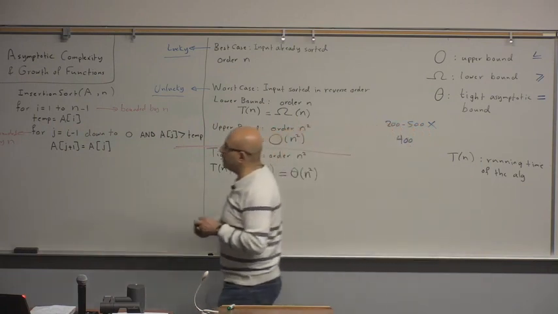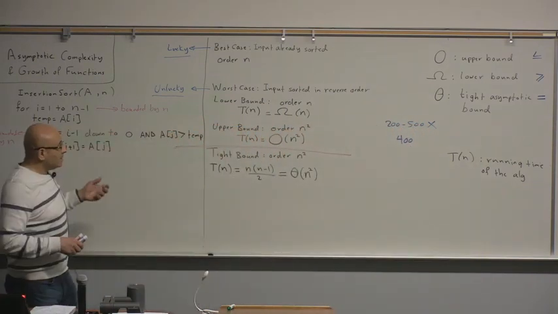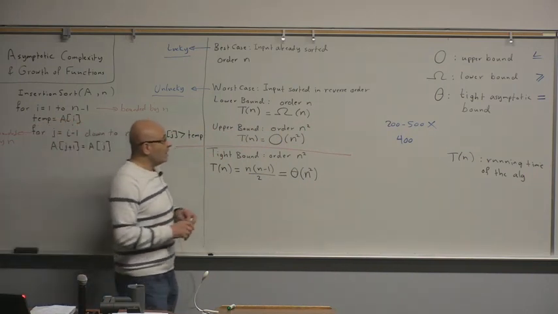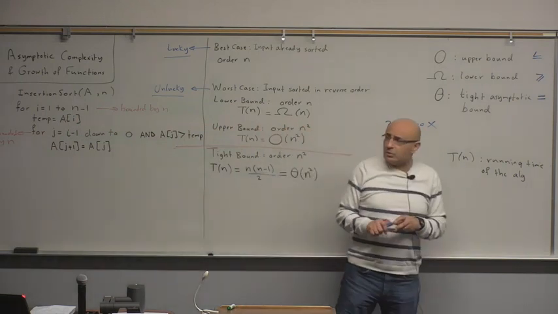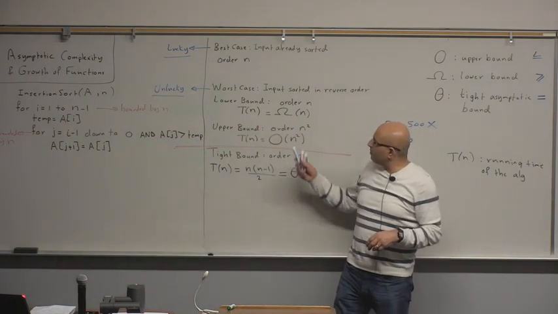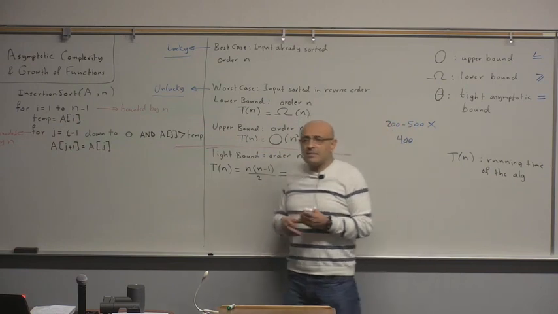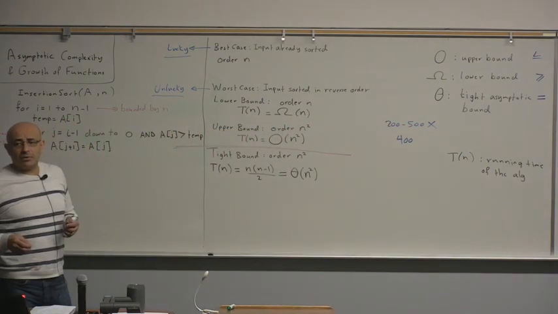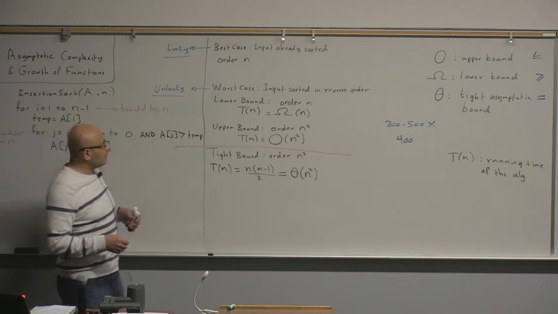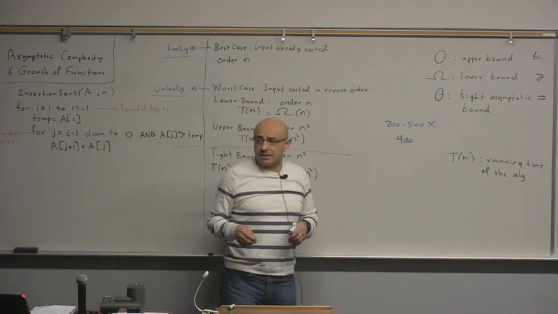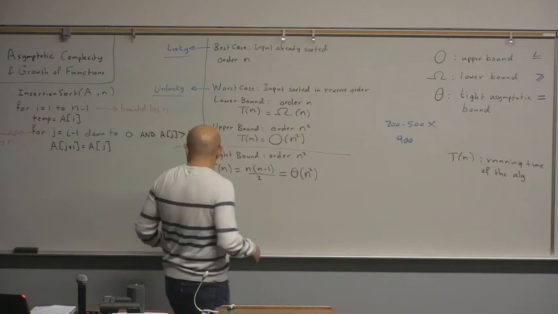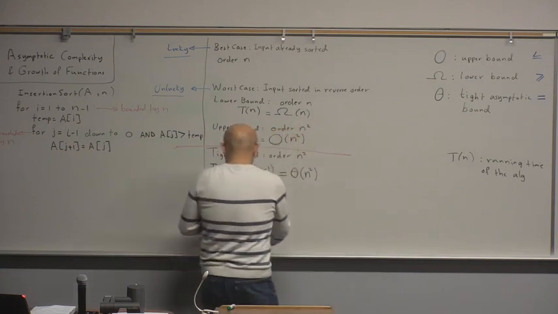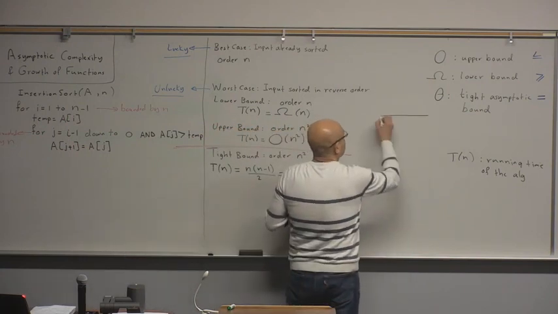Insertion sort is a very easy algorithm to analyze. It's only a matter of computing that summation. Okay, and sometimes using the big O and big omega is useful because there are certain parts of the algorithm that you don't have to analyze precisely. For example, if you have an algorithm like this,